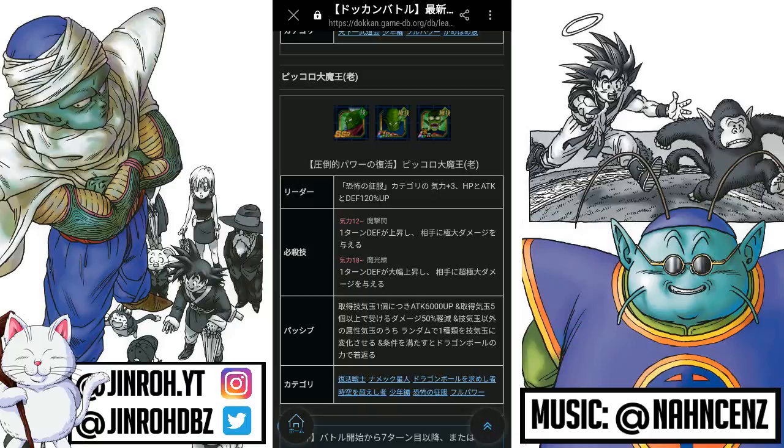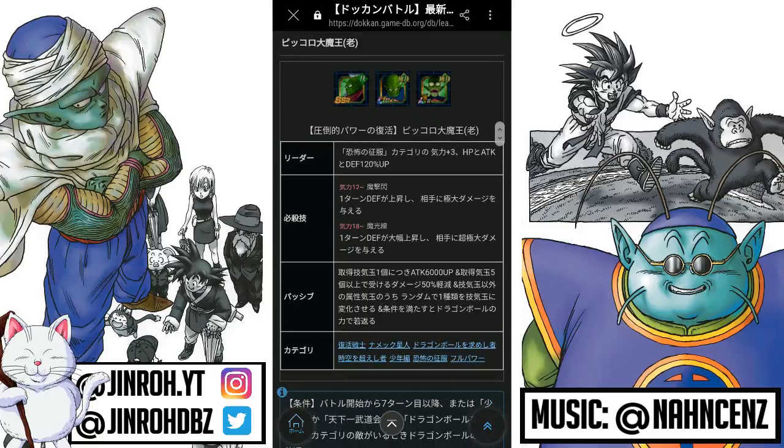So not a bad leader skill for the Conquest of Terra team if you don't have the transforming Cooler unit. Now the super attack is going to be, for the 12 ki, it looks like for 1 turn raises defense and causes colossal damage to the enemy. And then for the 18 ki, it looks like greatly increases defense for 1 turn and causes mega colossal damage to the enemy. Alright, and then for the passive skill, looks like